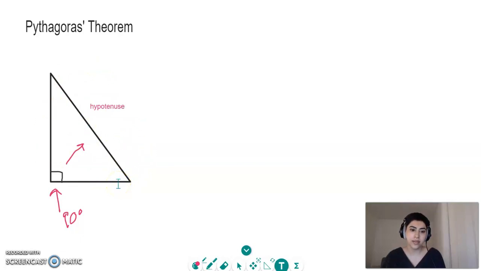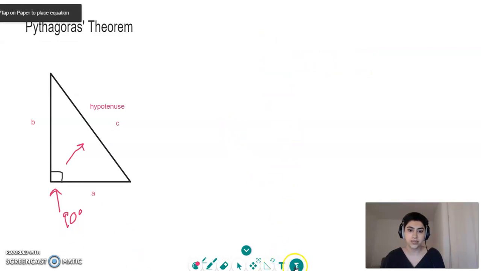We do that by also naming these two sides. So we'll call this side, for now, A, and then we'll also have this side as B, and then let's put this side as C. So what Pythagoras' theorem does is figures out how to find the hypotenuse, or C, by using the sides A and B. So the specific formula for this is,